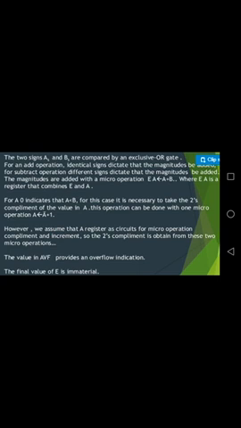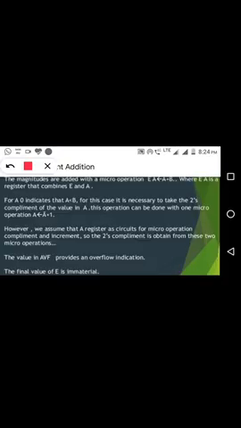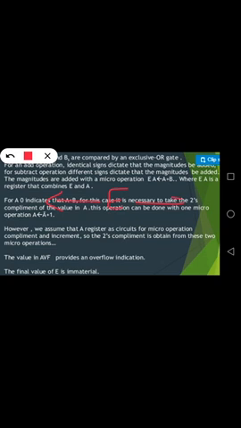Now, depending upon the end carry value, it can be 1 or 0. If the end carry is 0, then you can identify that A is greater than B and you need not do anything. If the end carry is equal to 1, then you have to complement the result that is stored in A. You have to complement the result to get the final value. So this is the procedure for performing addition and subtraction for fixed point representation.